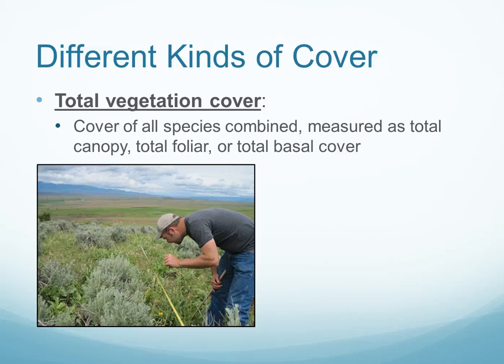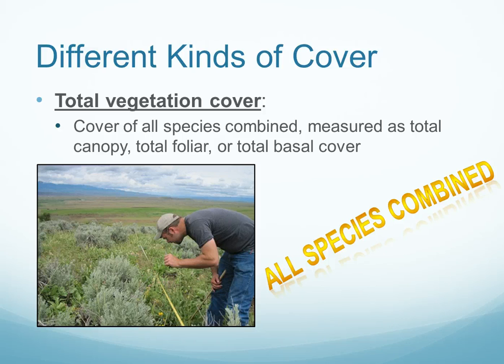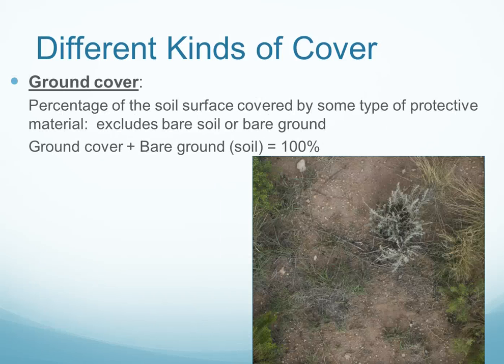So in the image here, we see this fellow measuring cover of shrubs and forbs and grasses, and he could calculate that cover on a species by species basis, or it could be reported as the total vegetation cover of all species combined. Now, ground cover is a very different sort of cover, but it has very important applications to